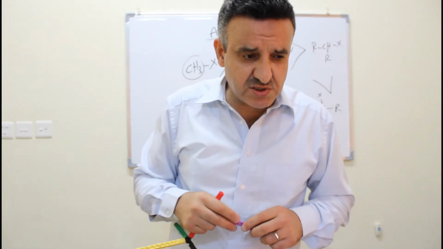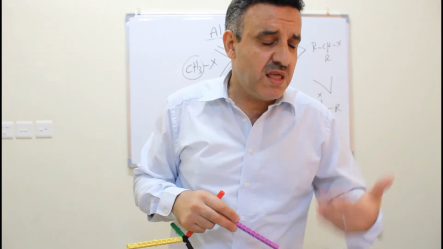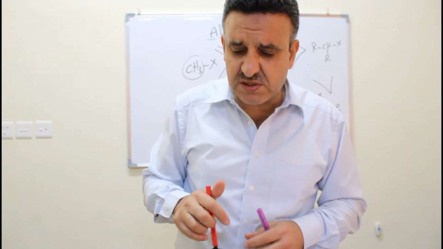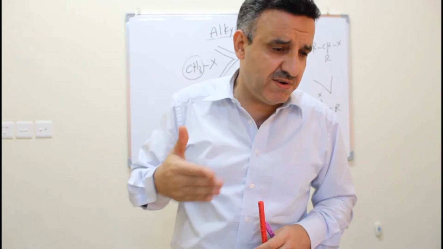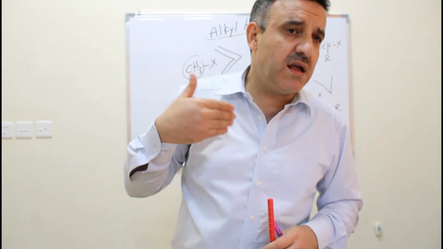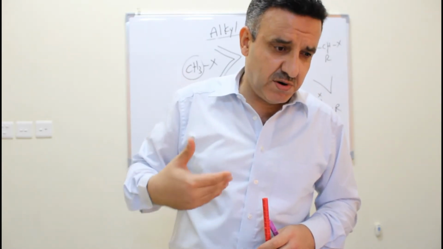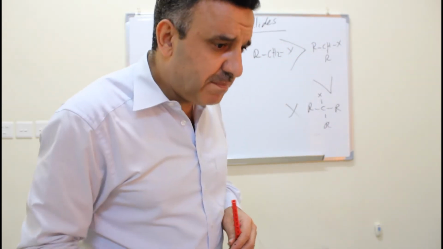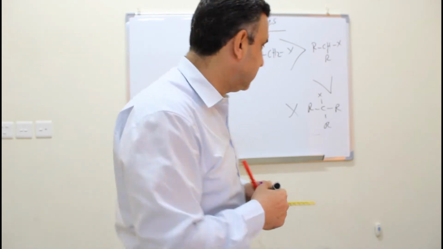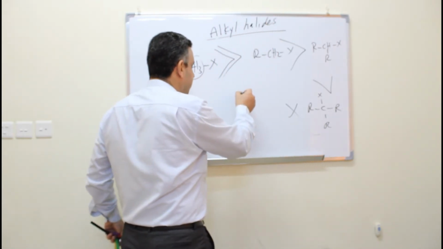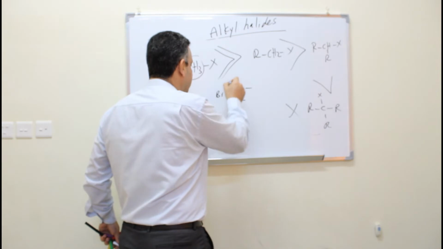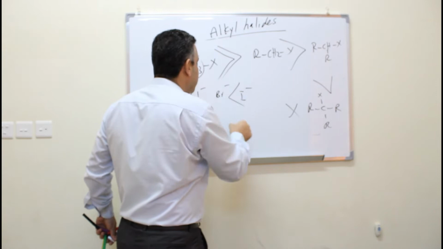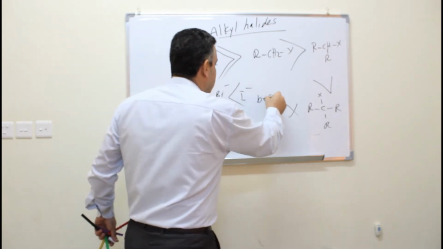Now regarding the halogen, which halogen is a better leaving group in principle? The rule here is always that as the basicity of the leaving group becomes less, the leaving group becomes a better leaving group, or in other words, it will leave faster and the reaction will become faster. Now if we compare the basicity of the halogens, if we compare I minus to Br minus to Cl minus to F minus, we will find that I minus is the best leaving group,